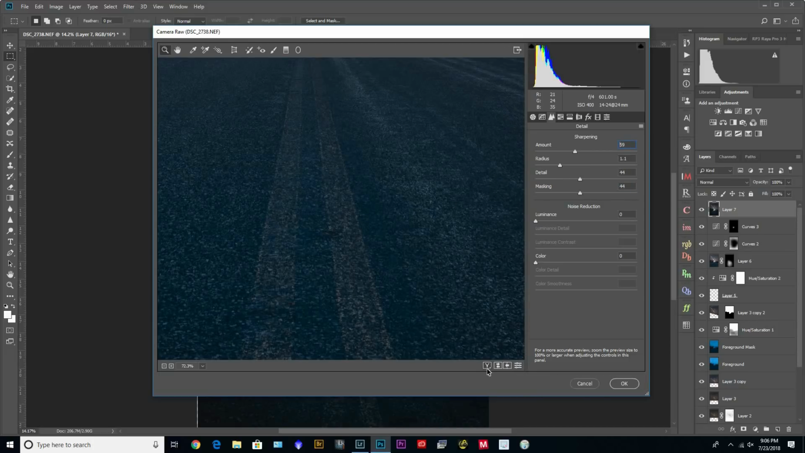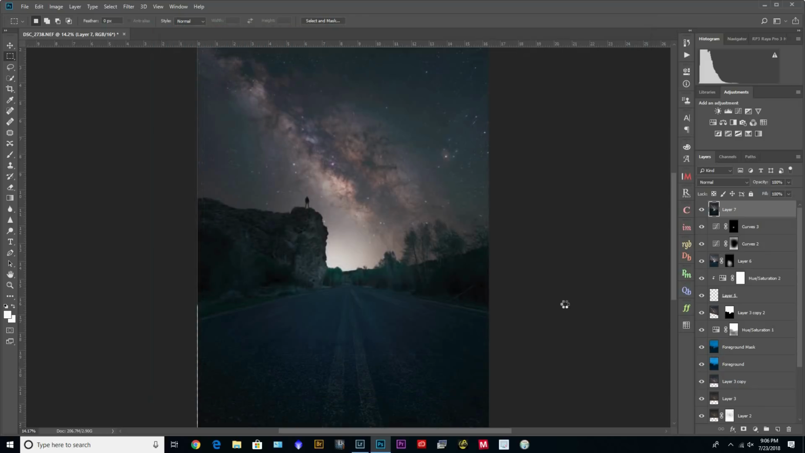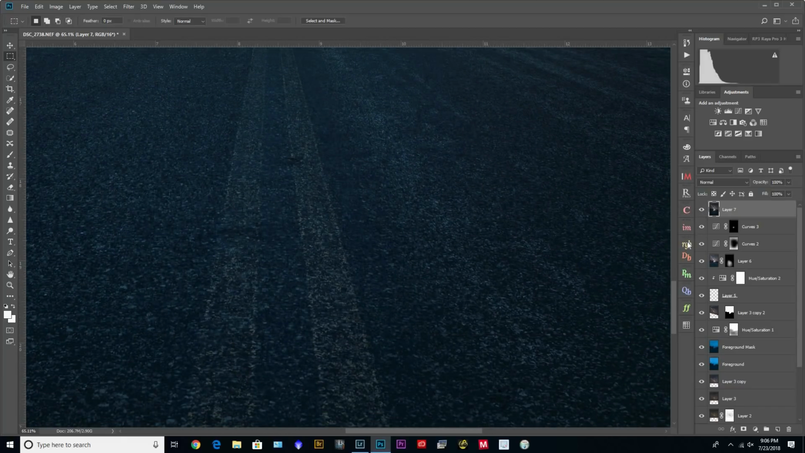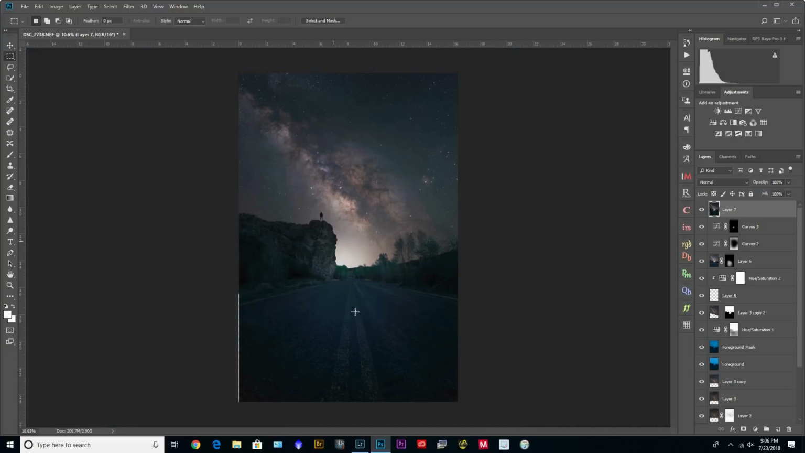So you can see there's a massive difference there. It's a lot sharper. Zoom in. Just toggle that off and on. It's nice and sharp now. So after sharpening,